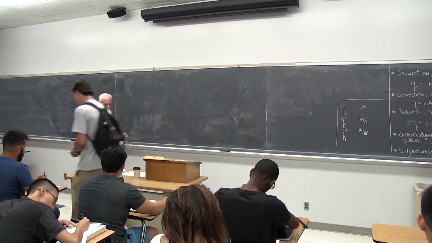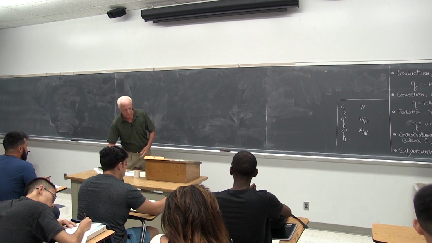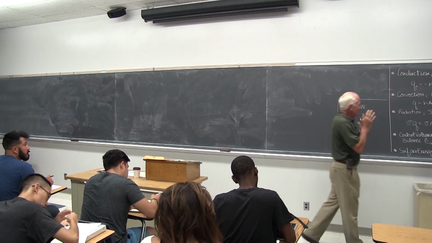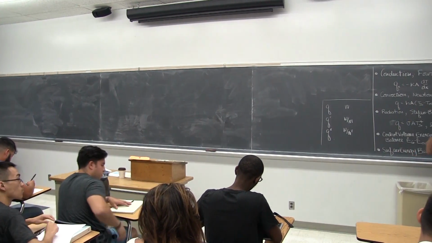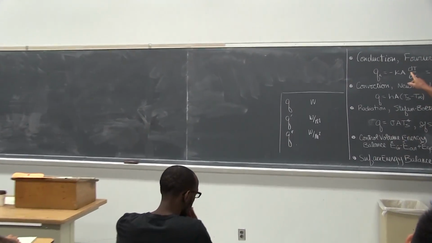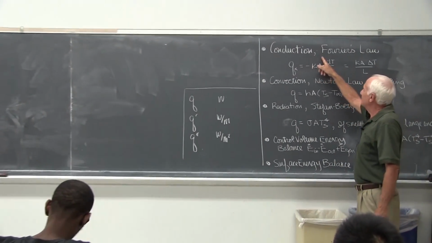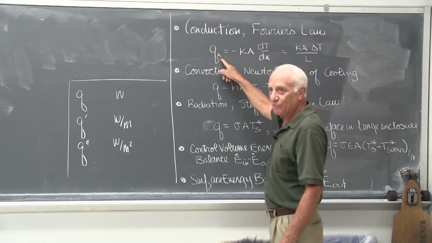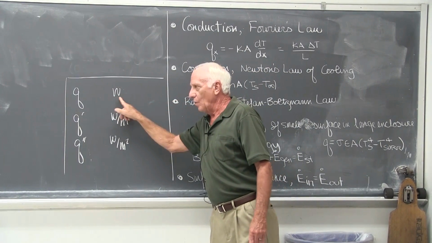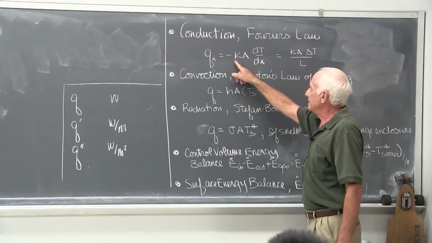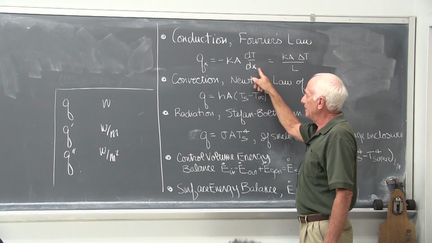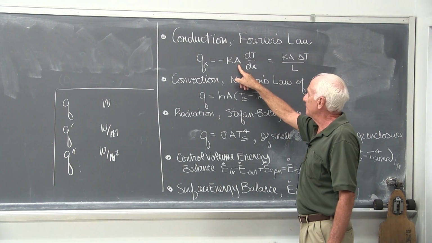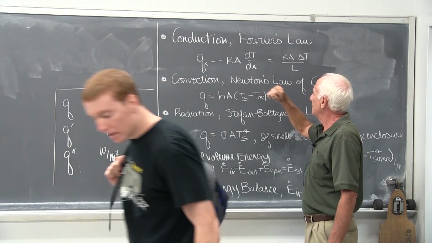Okay. Now, I've put on the board a review of where we were last time. This was pretty much chapter 1 review, the equations. We start out with conduction, and that's Fourier's law. Q is called the heat rate. It's in watts, minus kA dT/dx. k, thermal conductivity. A, the area through which heat's transferred by conduction. The temperature gradient dT/dx.